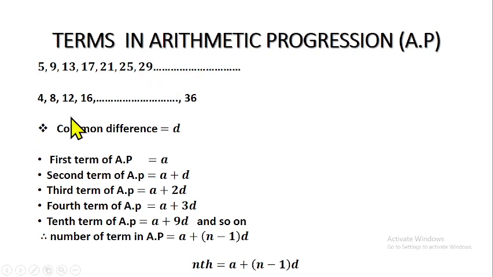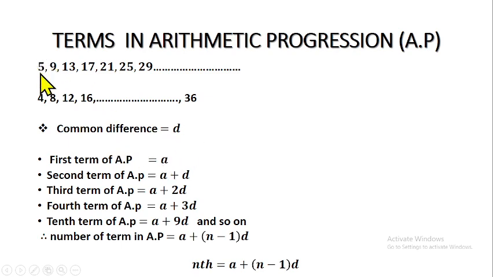Good. So we have been talking about common difference, since we use D to represent common difference in arithmetic progression. Whenever you see D, you should know that it represents the common difference for the progression that we are talking about. So I'll come again. We use A to represent the first term, and the common difference between the terms we use D to represent. So in this sequence, our D is equal to what? 4. In this sequence, our D is also equal to what? 4 as well. So don't forget, D represents common difference.